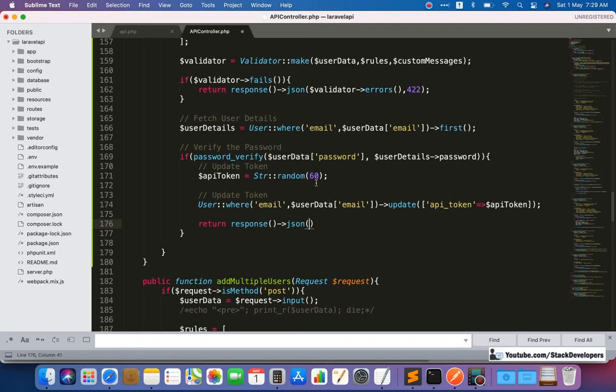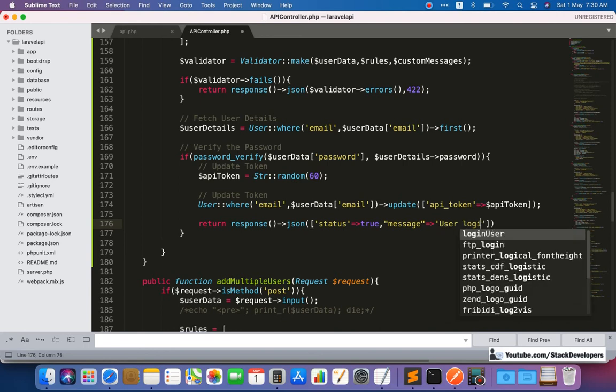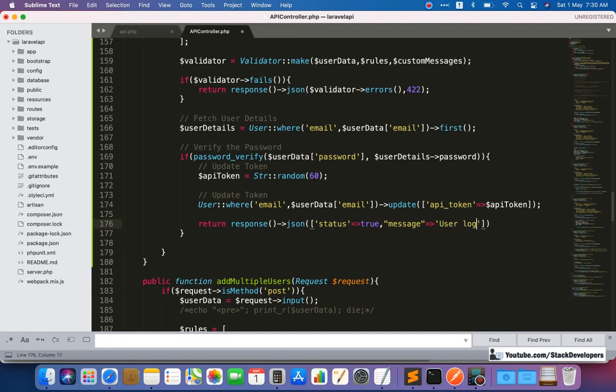So now we are going to show the status as true, and for the message we are going to show something like user logged in successfully.